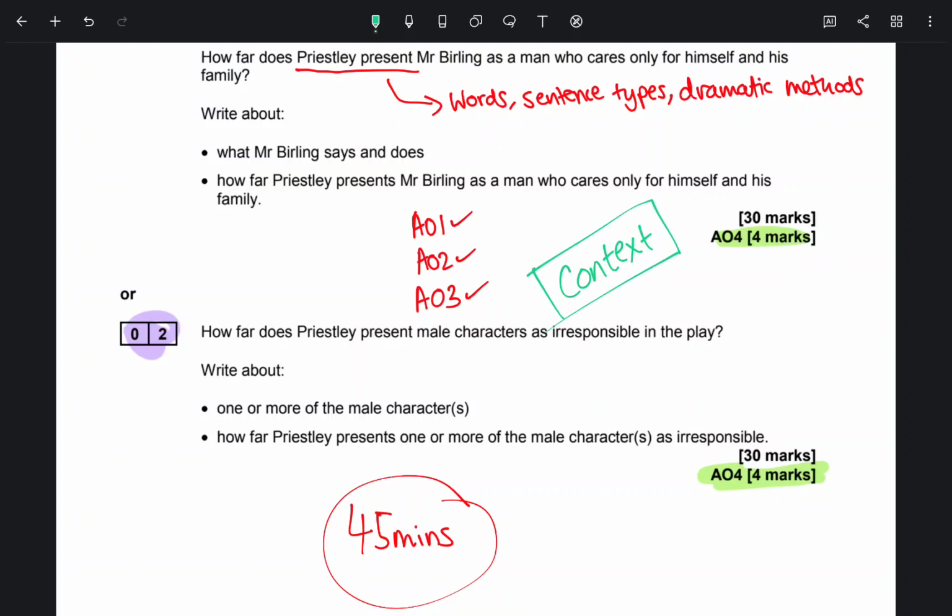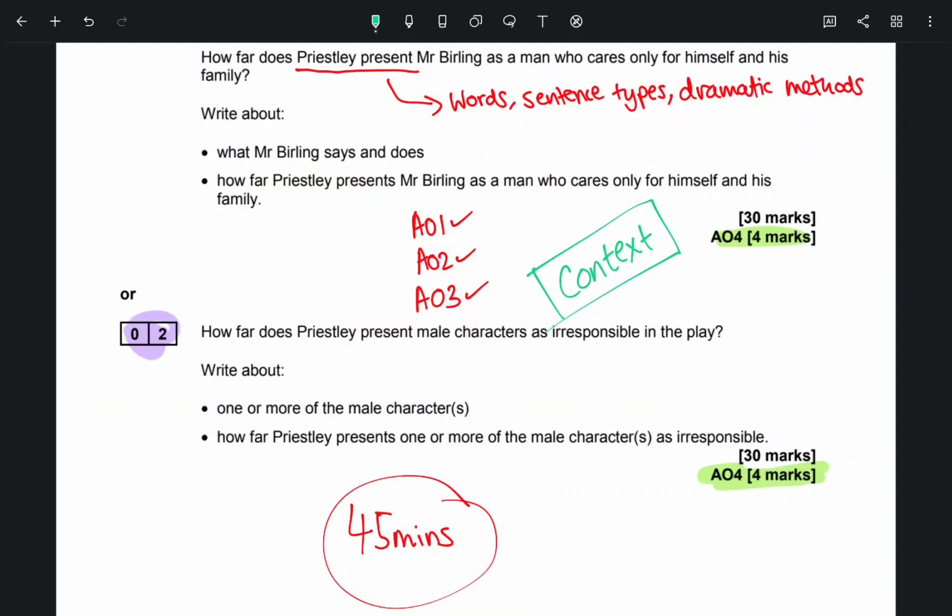As I said previously, for AO3, you may want to include historical details which help explain what the text is referring to. So, for example, details from 1945, 1912, relevant facts about society and the different views represented by the Birlings and the inspector, how audiences might have responded in the past and today, and why the play links to the real world. The context of the whole play, so for example, how a particular part of the play links to other